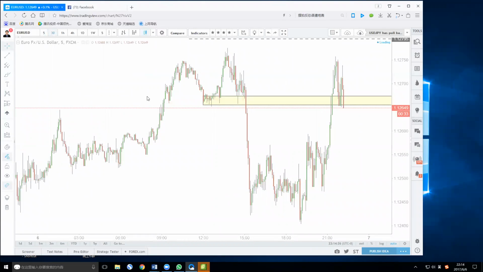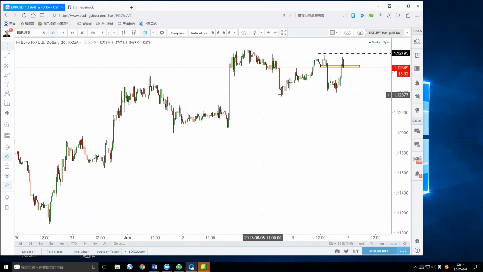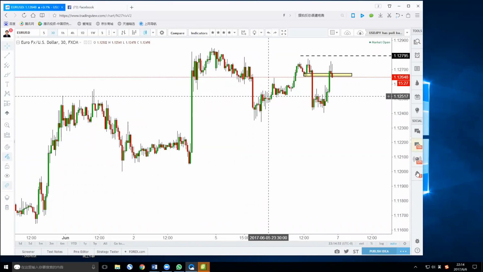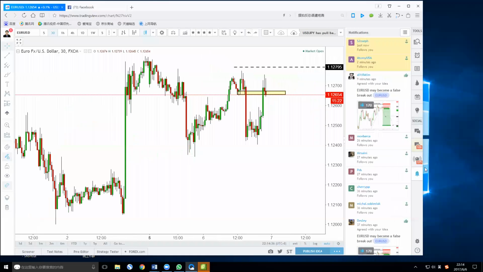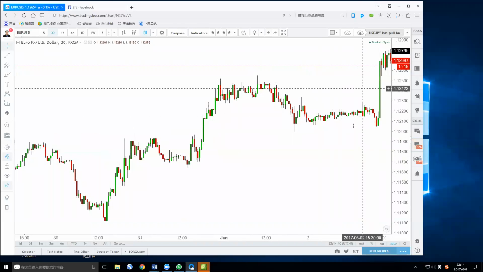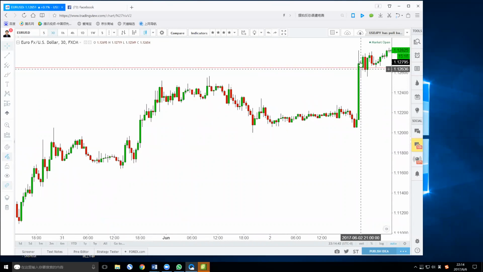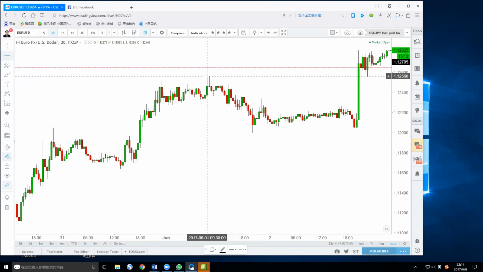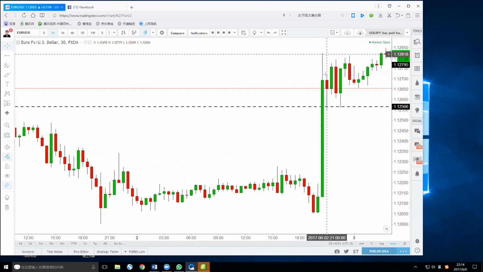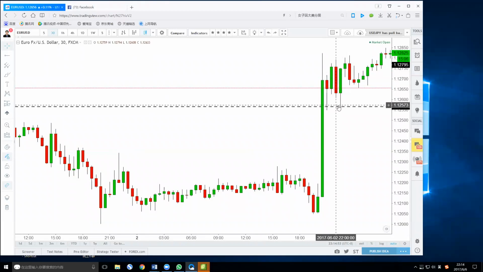And similarly, let's go to the euro dollar. In the euro dollar, we found a very bullish bar here, and that's what I wrote about on TradingView, how to read the language of the market. We can see a very bullish candle goes up and breaks the previous high here, right? It breaks 1.12566, and this is a breakout, break, retest.